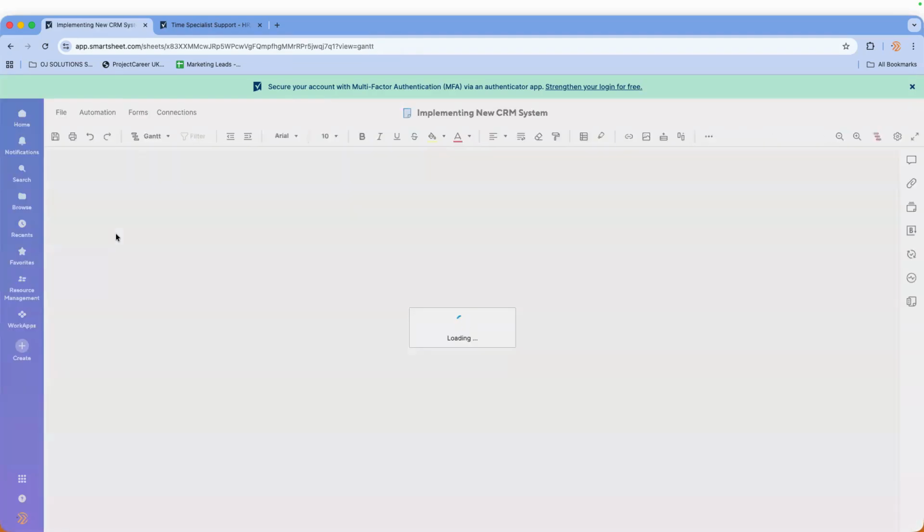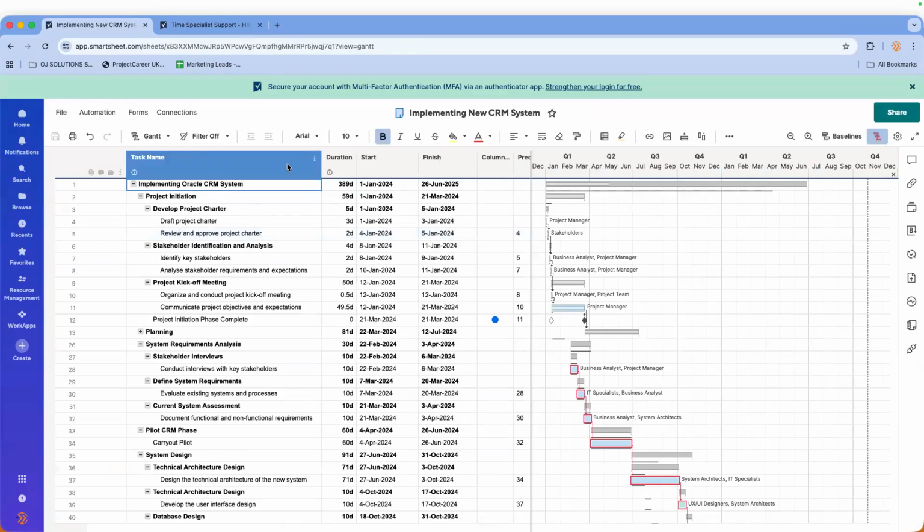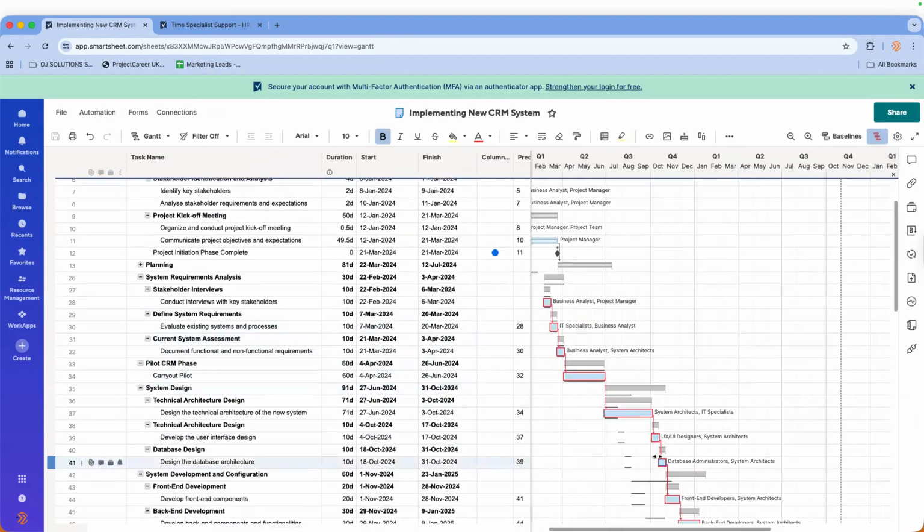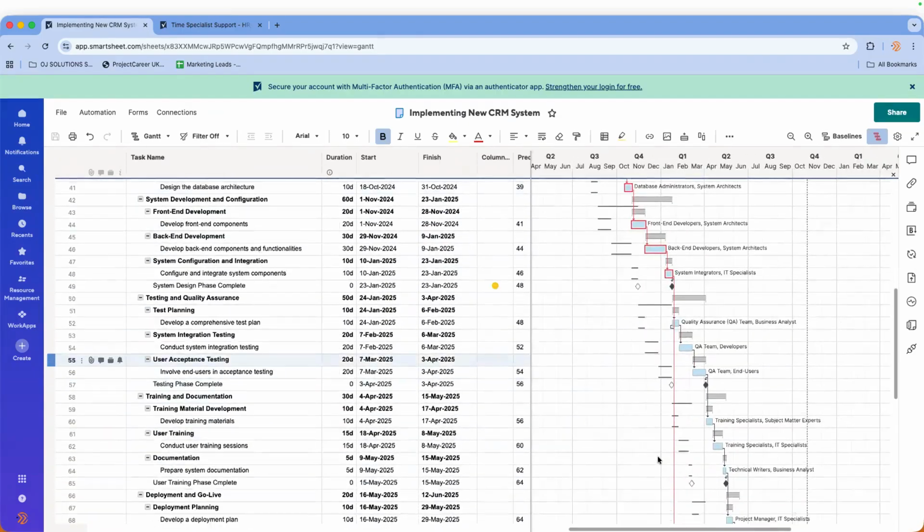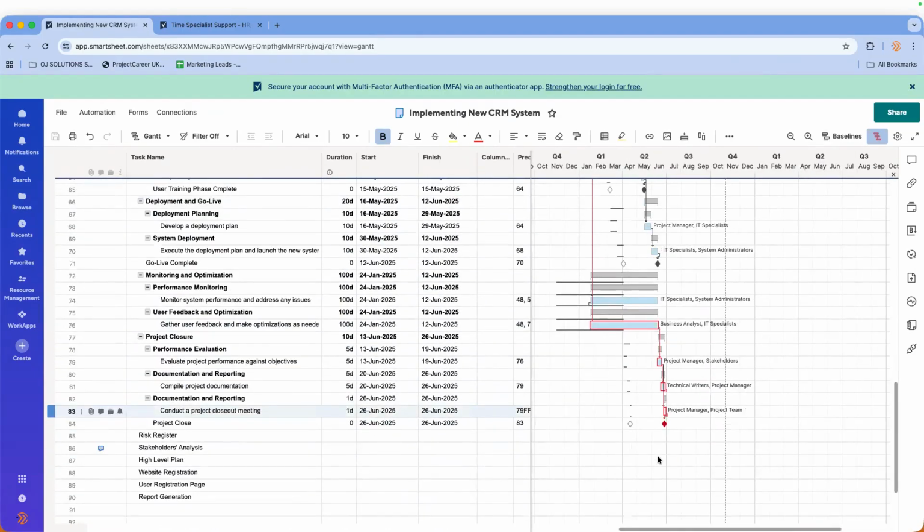Now, this is a very popular view, the Gantt chart, because if you look at it, you'll see it's got basically every step of the project. And those red lines that you see are part of what would make up the critical path for this project. So you can see all of those there.